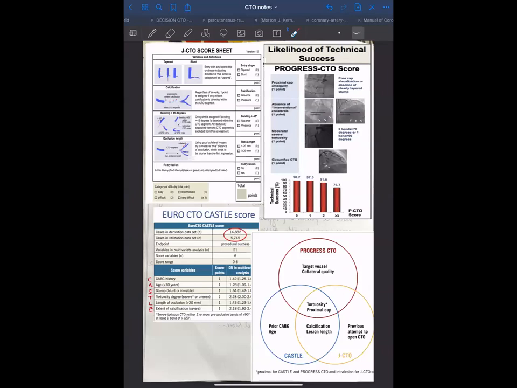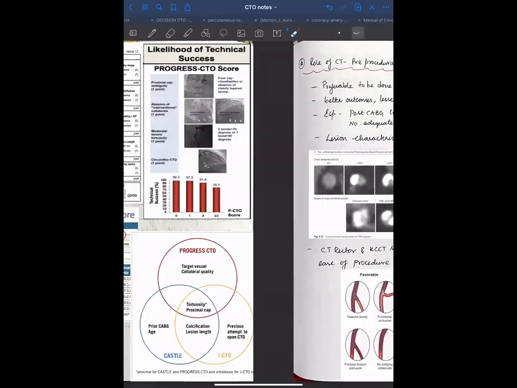Like I've again mentioned, this tortuosity refers to tortuosity of the CTO segment, right? CTO segment, yeah. Like I mentioned, though this seems like a cumbersome process, the more time we spend on reviewing the angiogram and meticulously calculating this score, the more we will pay attention to what has failed when people have tried before, and also increase our chance of success.